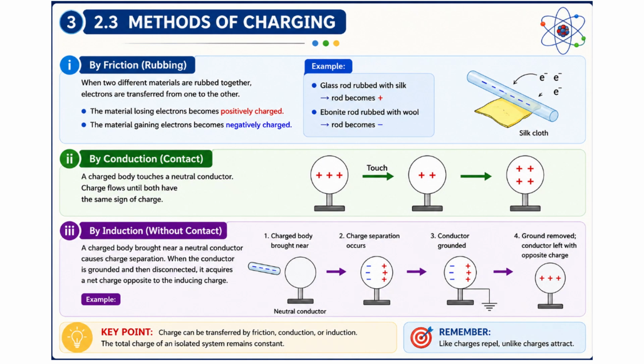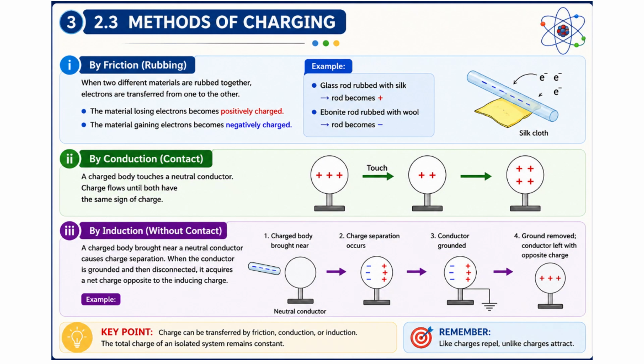So we can see that no charge was created. We simply move existing electrons from one object to another. This is the law of conservation of charge in action, as we previously explained in our recent lectures we uploaded. So very quickly, take case number 2, charging by conduction. So conduction means we're talking about contact. When there is a contact,